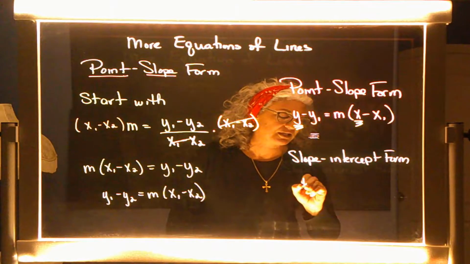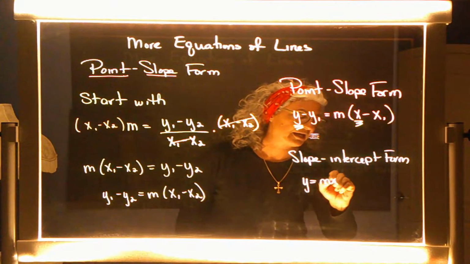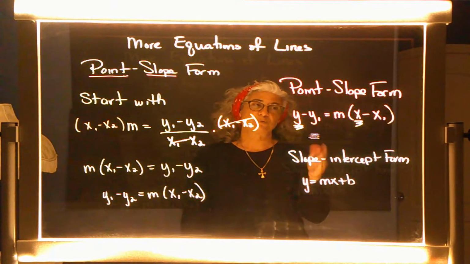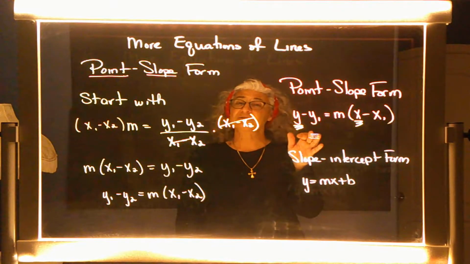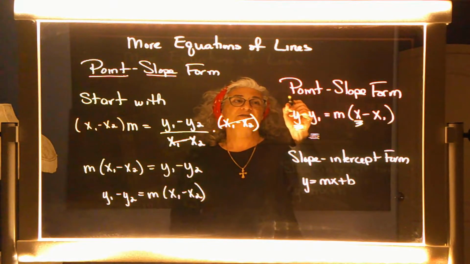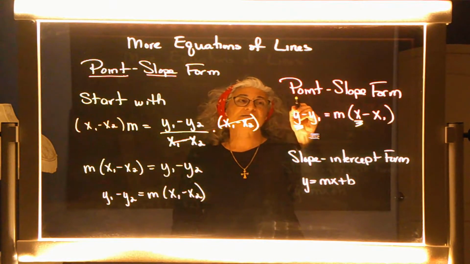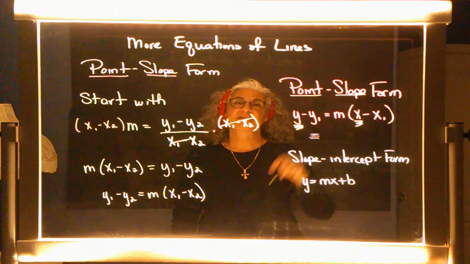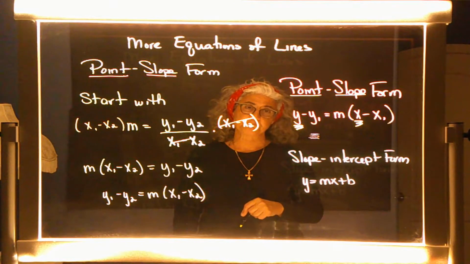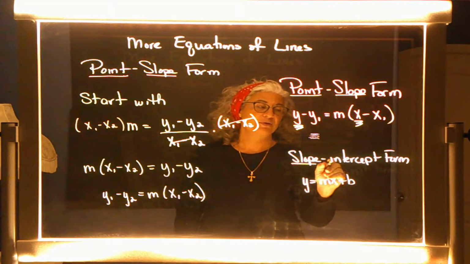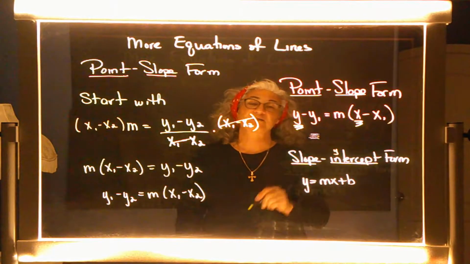And that looked like y equals mx plus b. Now here's the deal. Some of you are like, well, what's the difference? The titles give it all away. This first title is talking about us getting a point and a slope and plugging it in. Are you with me? This one is talking about a slope and an intercept, as a matter of fact, the